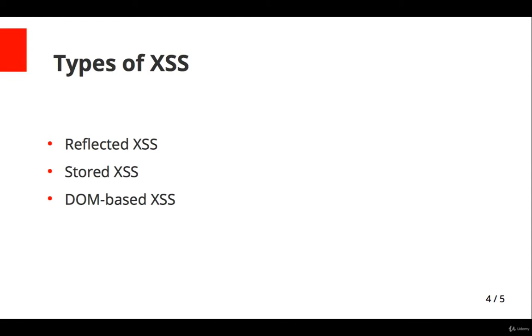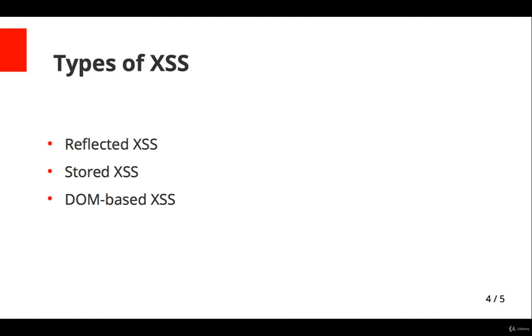Now, let's talk about DOM-based cross-site scripting. It is an advanced type of cross-site scripting attack which is made possible when the web application's client-side scripts write user-provided data into the document object model. The most dangerous part of this attack is that it is often a client-side attack, and the attacker's payload is never sent to the server. This makes it even more difficult to detect for a web application firewall and for security engineers and analysts like SOC monitors.